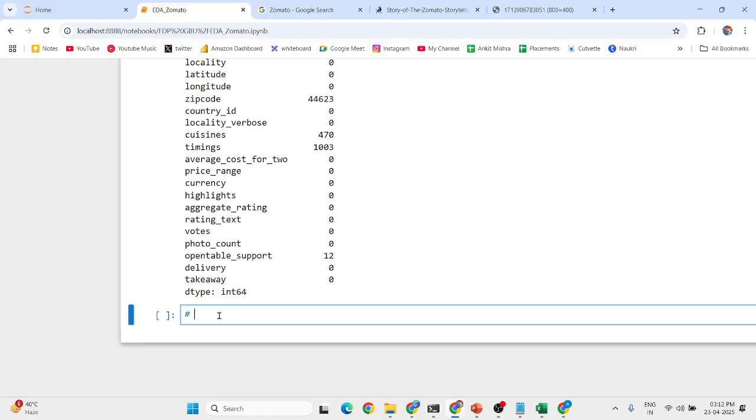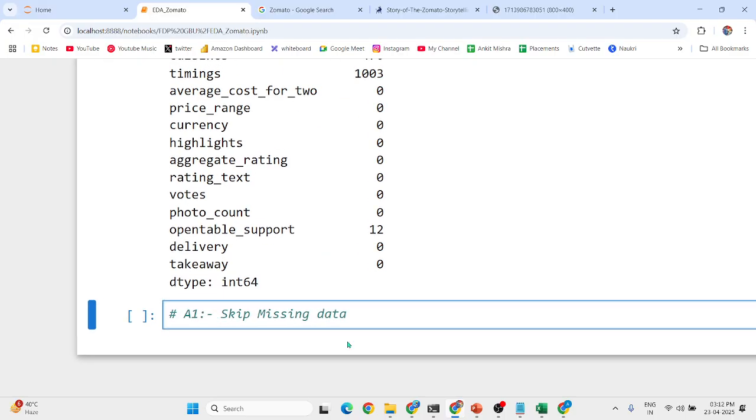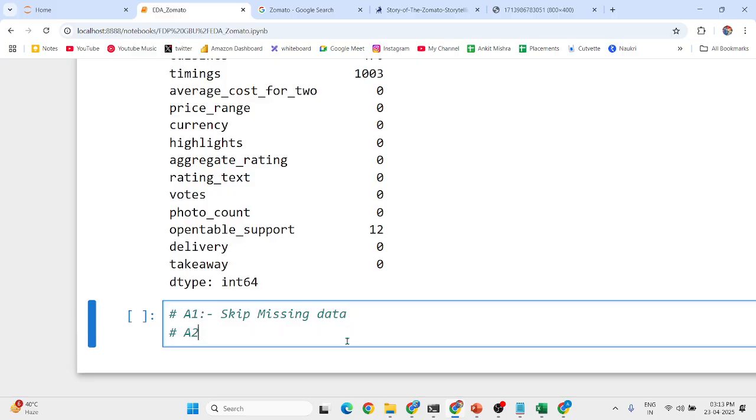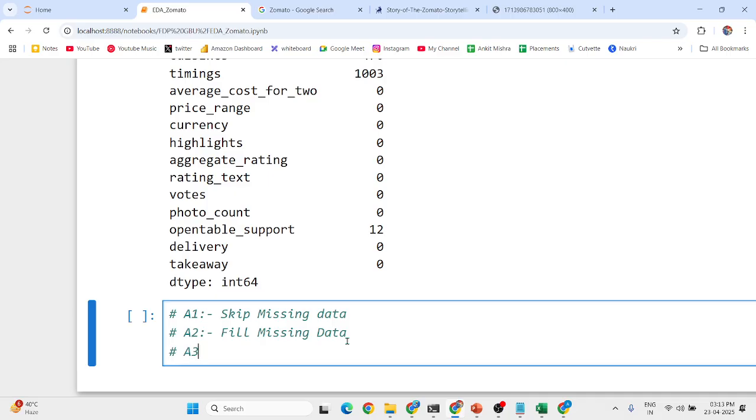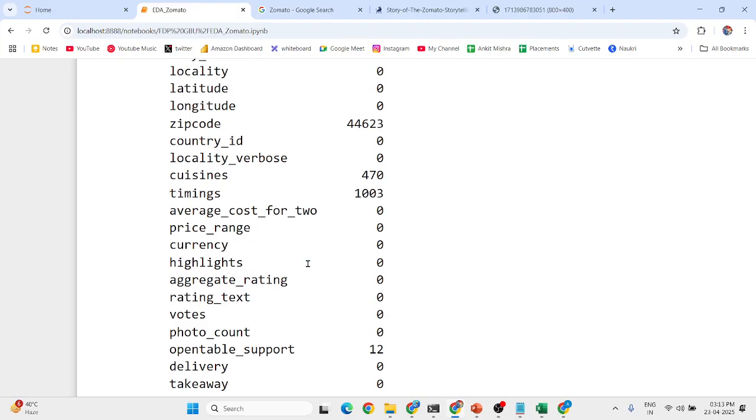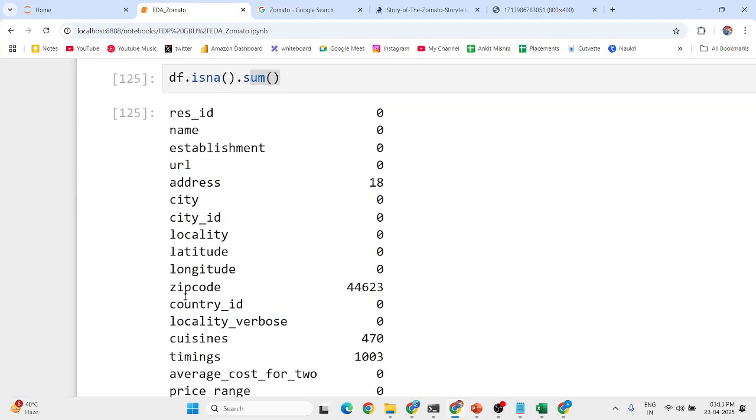Let me write approach 1, A1: skip missing data. Leave it as it is and skip ahead. The second approach is that you can fill out the missing values. And the third approach is that you can drop out the missing values. All these are very important approaches. I can use any one of them: skip, fill, or remove the missing data altogether. Okay. So before I continue, I just want